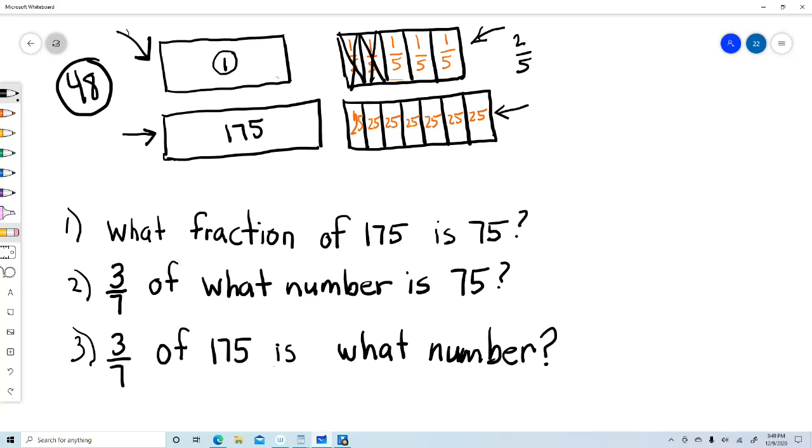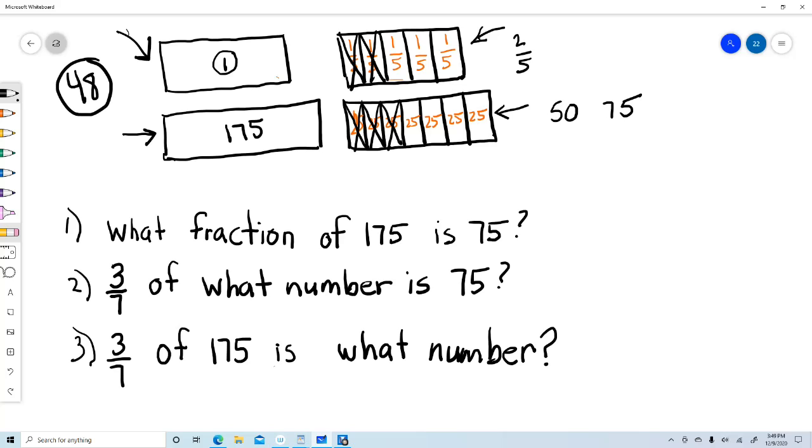So if I were to X off 2 of those, probably should use fifths, 5 sections, but never mind, that wouldn't be called 2/7. In this representation, that would be equal to 50. If I were to mark off 3 of them, it wouldn't be 3/7, it would be 75, and so on. All right. So those drawings depict